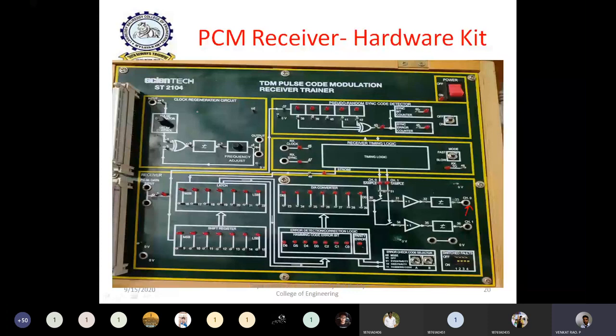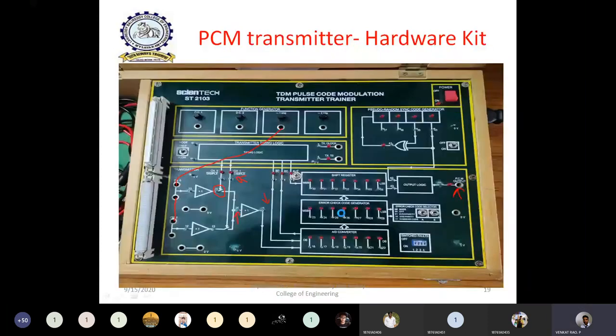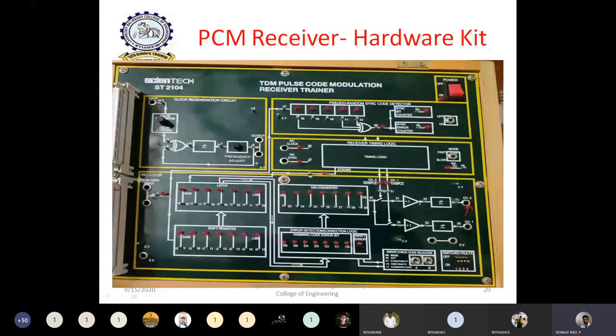The same signal will be obtained here. And also in the PCM receiver, we can observe whether the binary bit sequence is perfectly decoded or not in this particular D2A converter. If you observe the D2A converter, whatever bit sequence there is in the transmitter, the same bit sequence is decoded here. That you need to observe, and only then is that converted into the original signal. Okay. Now we'll see all these operations one by one. Actually, I have already explained this procedure.